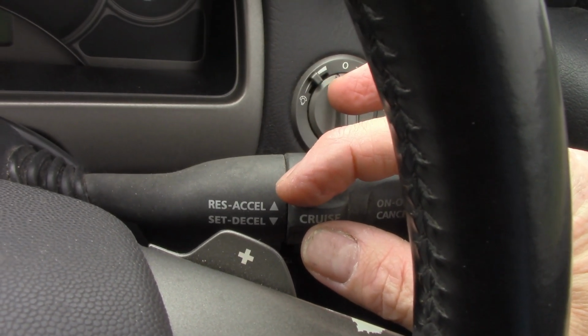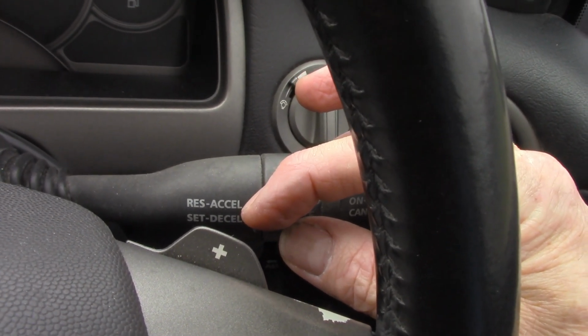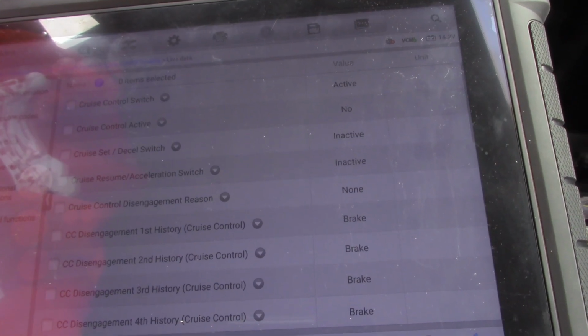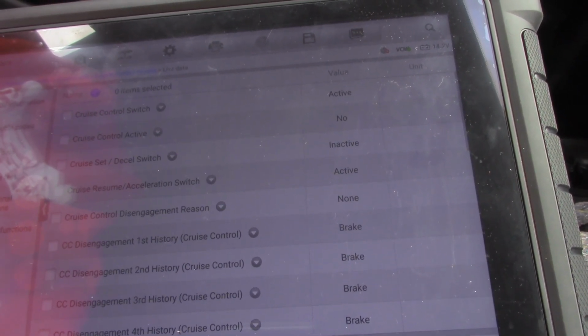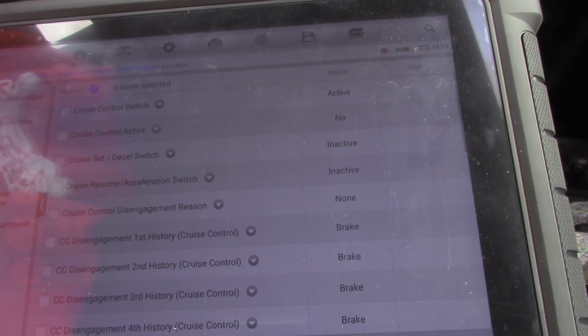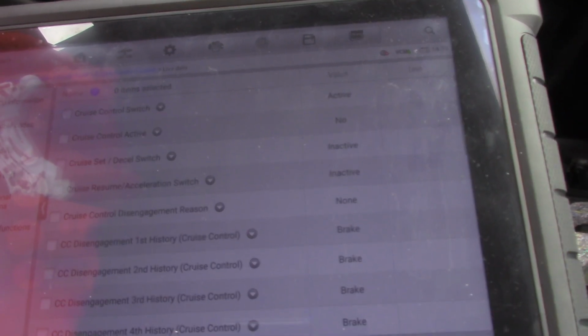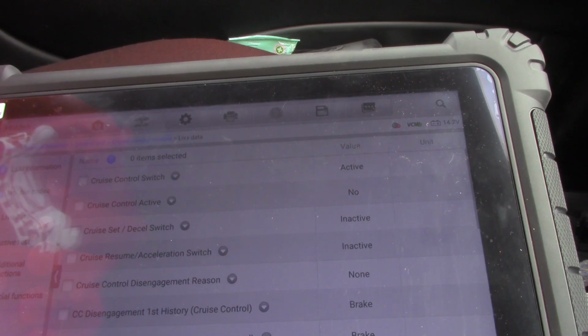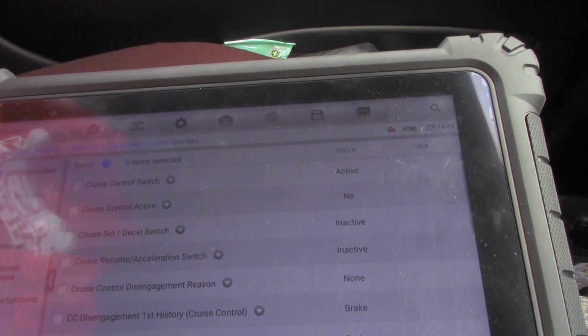But if I go to resume, accelerate and set and decel, on our scan tool you can see that that changes. So let's go to that one. You can see that it's going active and inactive. I'm going resume, and let's go to our decel switch. That's correct, but our cruise control off on, I'm now pressing, and I had no trouble out in the road